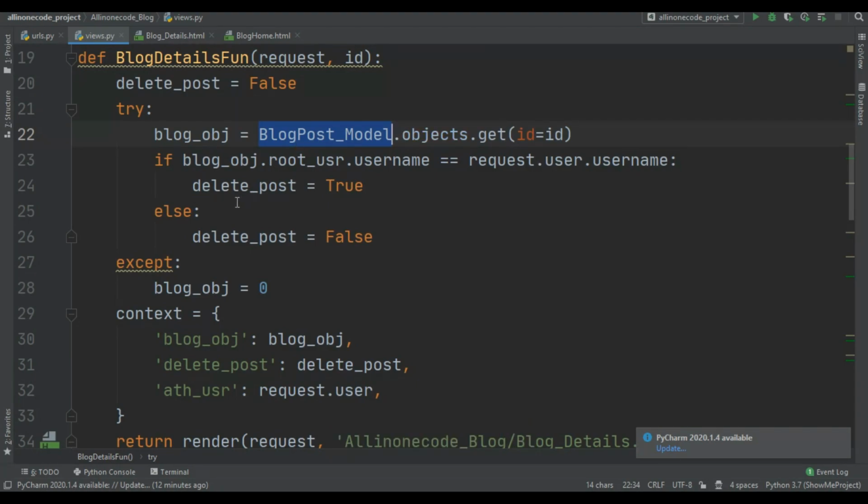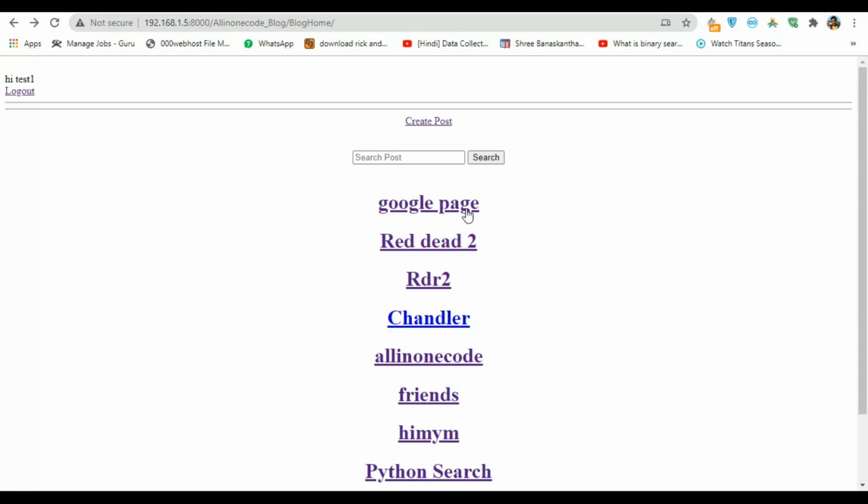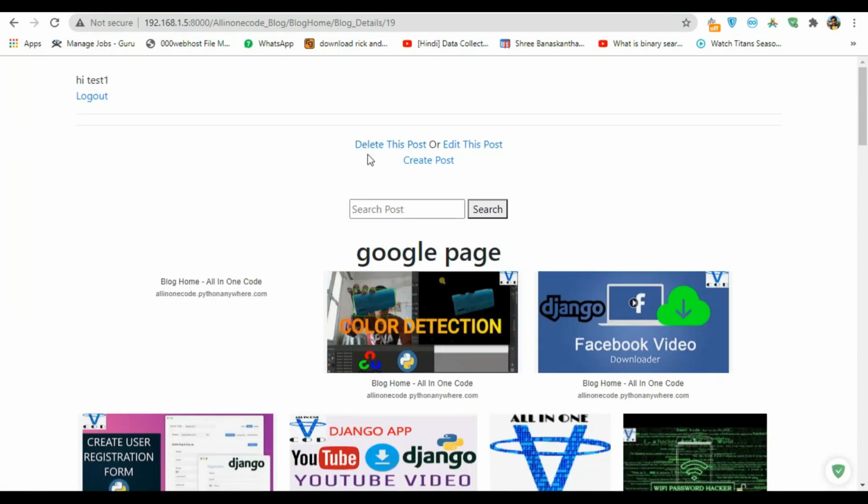Now if blog obj.root user.username equal to request.user.username, which means if this blog's author is the logged in user, so show this option: delete this post, edit this post and create. Create is obviously all user can create post, but if logged in user and this post author is the same, so show this, delete this post and edit this post, else don't show anything.